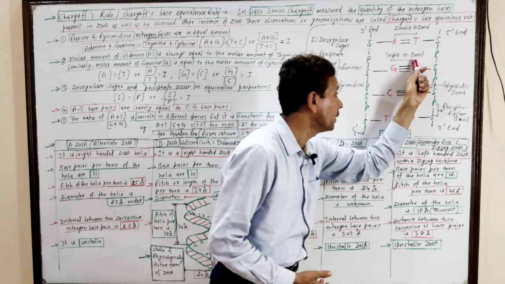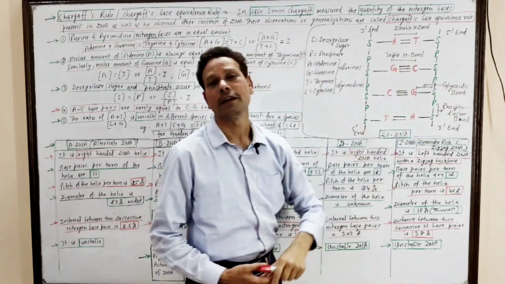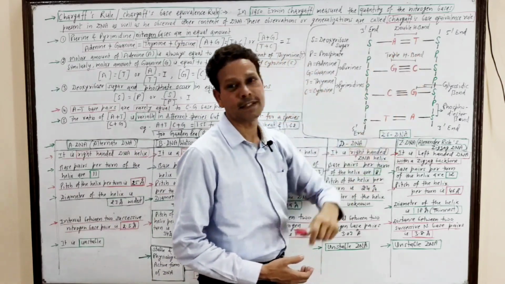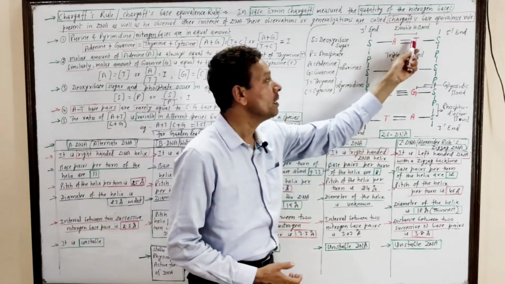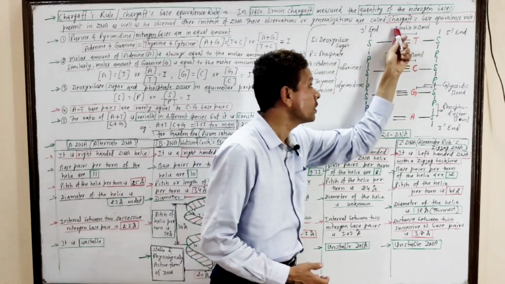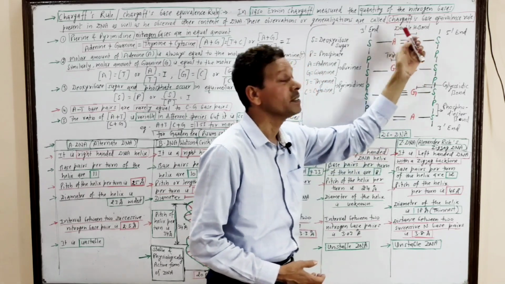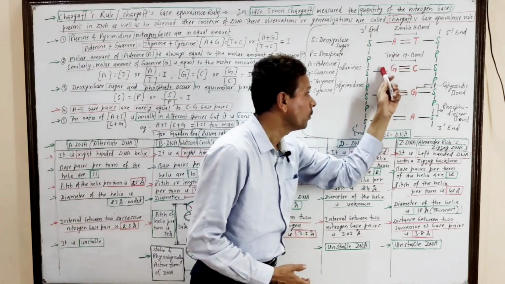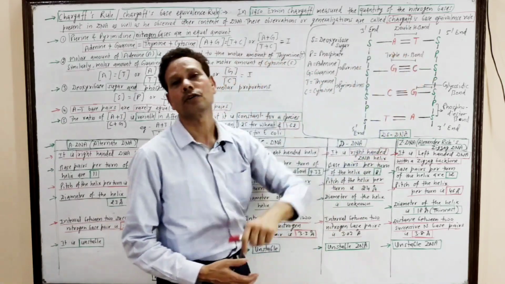but the bond between this sugar molecule and this nitrogen base is a glycosidic bond, while for the bond between these nitrogen bases, here A is adenine, T is thymine, the bond between the nitrogen bases A and T is a double hydrogen bond, while the hydrogen bond between guanine and cytosine is a triple hydrogen bond.